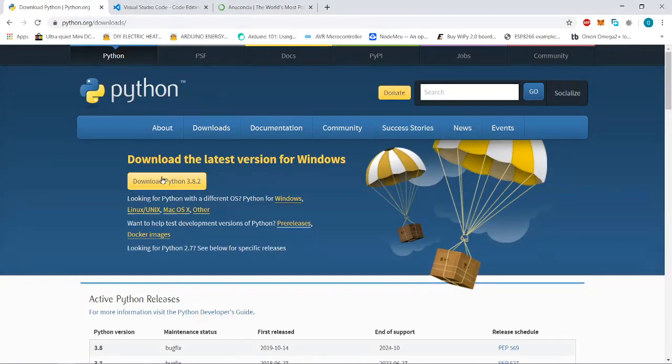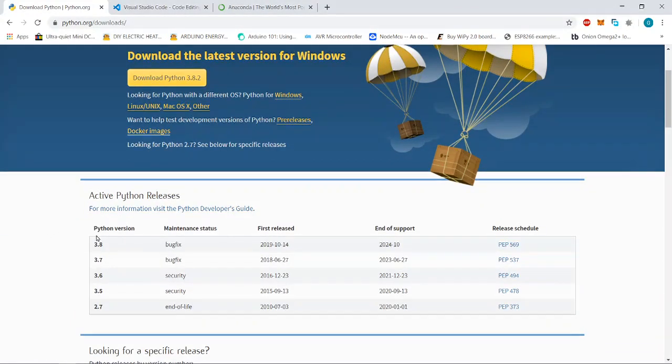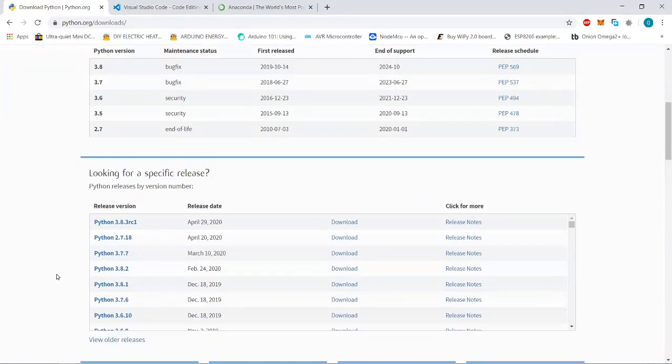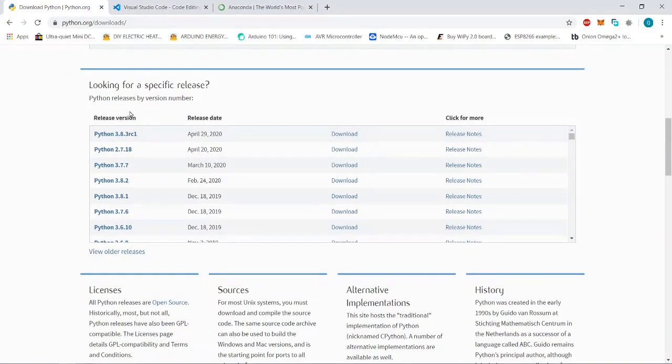Here you can download a version. If you want a specific version, they have given the previous versions, so you can download whatever version you want.